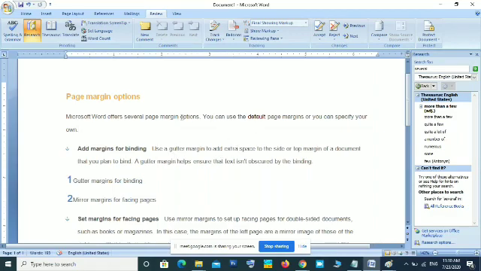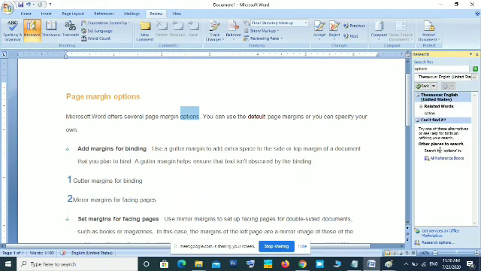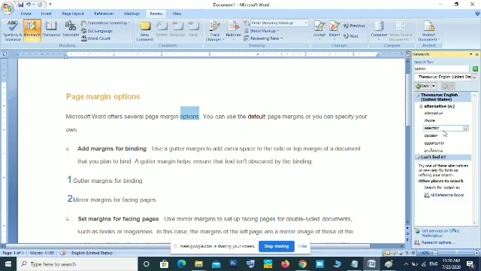I am selecting this option, options. Here you can also type directly. If you type options, you can see related words. That is choice, selection, decision, opportunity, preference. All these words are having almost the same, similar meaning. So according to the situation, you can use the exact word or the most suitable word. That is the use of this Thesaurus tool.